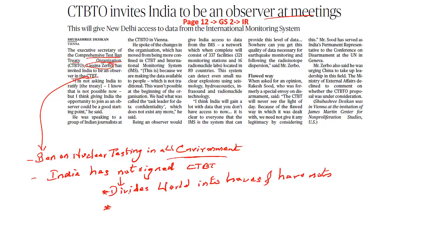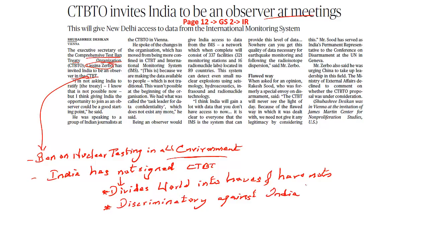Why does India feel this is discriminatory? That is because nuclear weapon states have already acquired enough sophistication even before signing this particular treaty, and as a result this is discriminatory against India. So all these countries which are ready to sign this deal already have enough sophistication. In case of a security threat, they would be able to bomb another country using their nuclear missiles. But there are other countries which cannot use these nuclear missiles, and this is a major threat for India, and this is a discriminatory practice. And that is why India says the world has already been divided into haves and have-nots, and this particular policy of the CTBT is discriminatory against India.